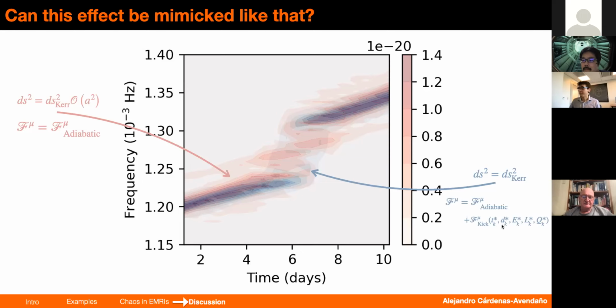a kick that has a duration of dk, and I'm enhancing E, L, and Q, the fluxes, in a particular way. So the way I did this was doing a full Markov chain Monte Carlo simulation, where I tried to find the best match for T, D, E, L, K. And also remember, this is a different space-time, so I changed eccentricity, semilatus rectum, and the mass ratio to find the best match. And the point is that I couldn't find a good match.